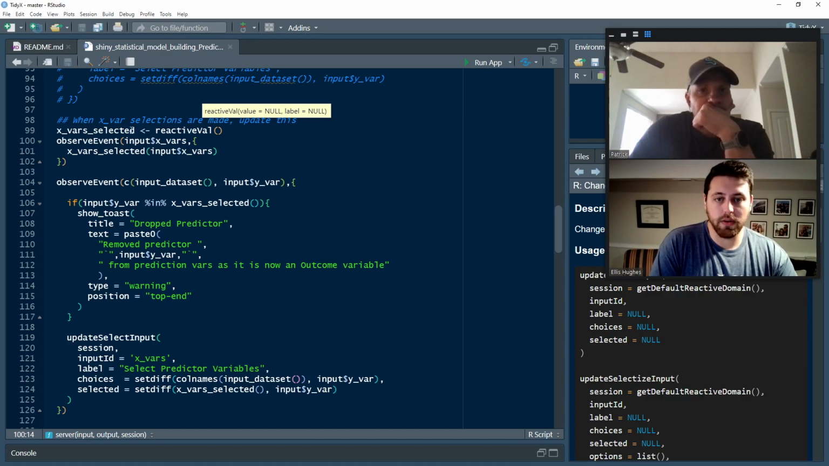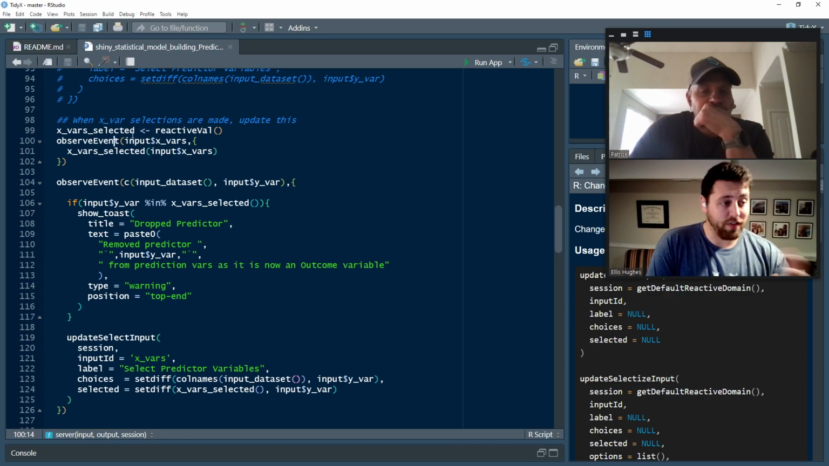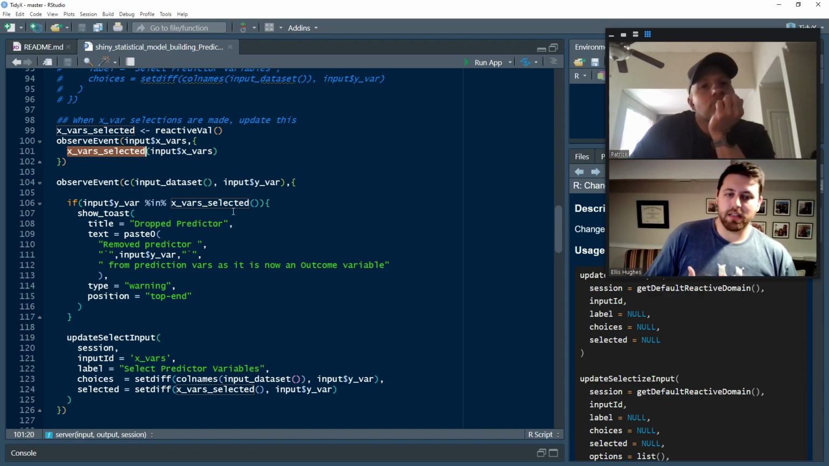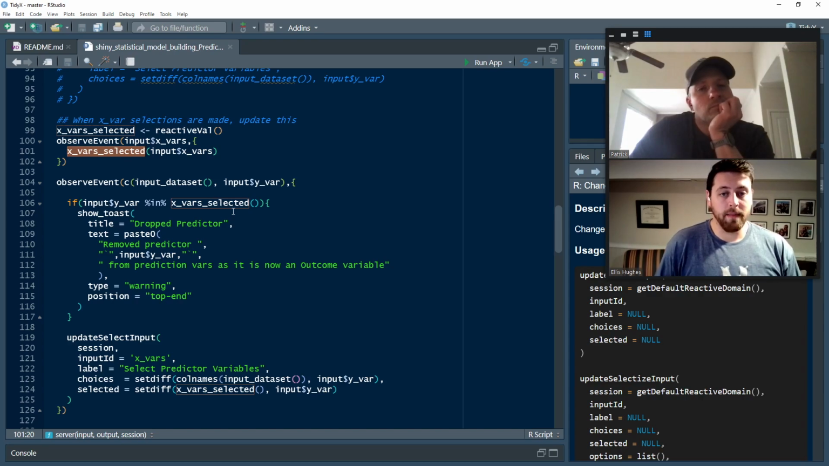And so what we're going to do is, this actually behaves very similarly to a reactive, but I wanted to reference it like this in case we do more complicated stuff in the future, where we create an observe event. It's looking at input xvars. So anytime input xvars updates, it will update the xvars selected reactive val with that same vector. And so it's relatively simple here in this situation. It's a very one-to-one relationship, but oftentimes you can create more complicated relationships with this. If we were updating both the xvar and the yvar